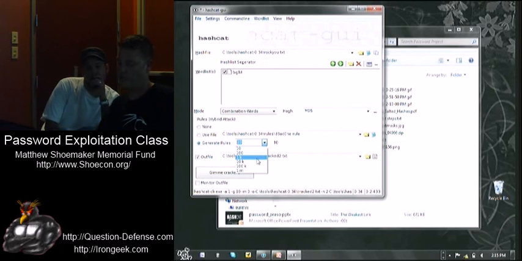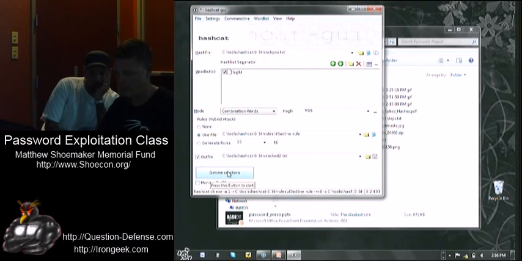As you can see, you can do 10, 1,000, 100,000, 1 million. Like I said, these rules can get really out of hand, so you either want to experiment with small rules first and see what happens, or unless you have this on a dedicated box where it can run for a long time. So let's see what happens.